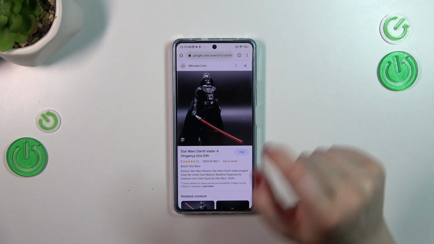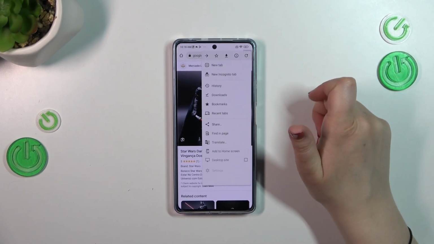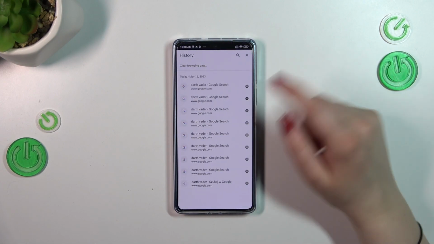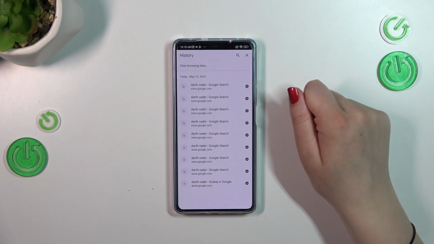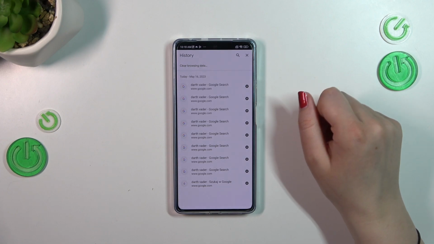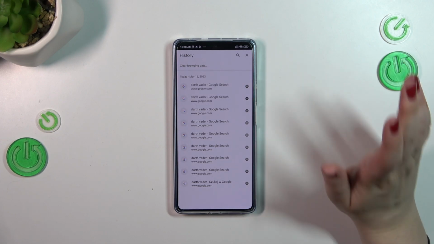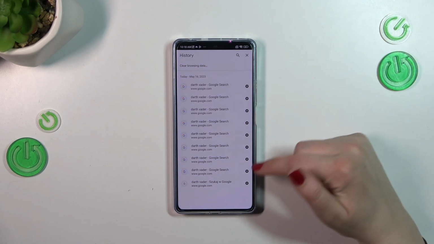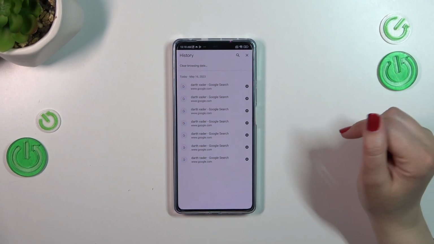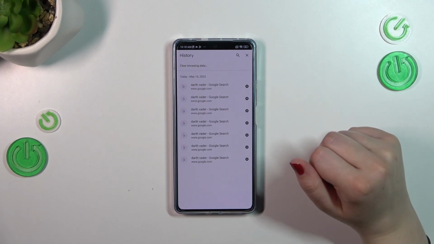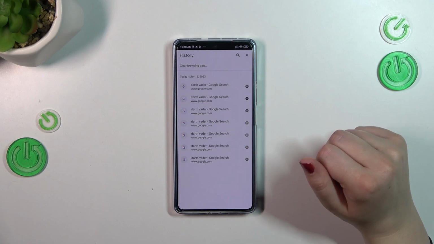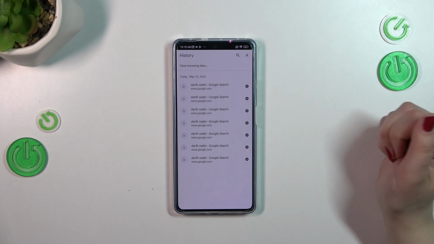In the Chrome, all we have to do is to tap on the three dots icon in the right upper corner and enter the history. And as you can see, this is the list of all previously visited websites, and all you have to do, basically, in order to remove them manually, is to tap on this X button right next to it. However, if in your case you've got a really long list, then I highly recommend to use this to do